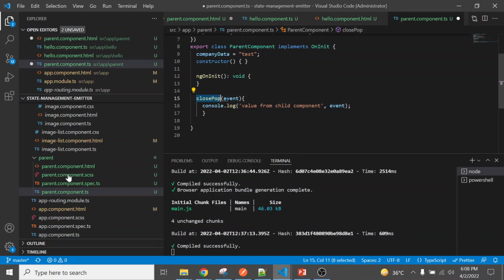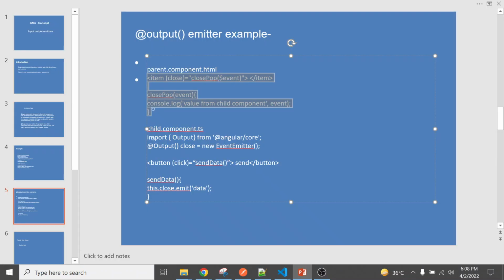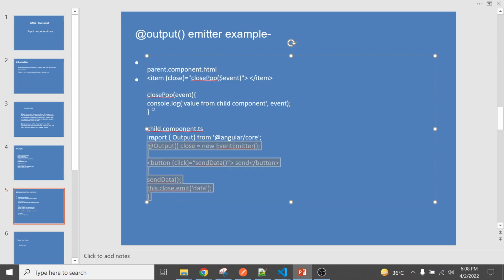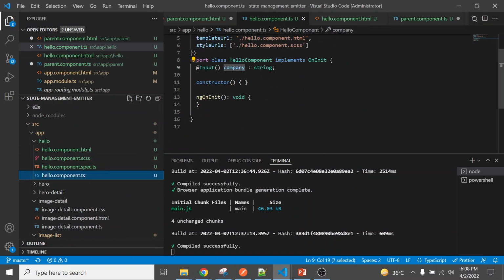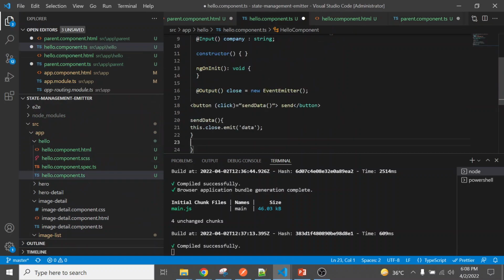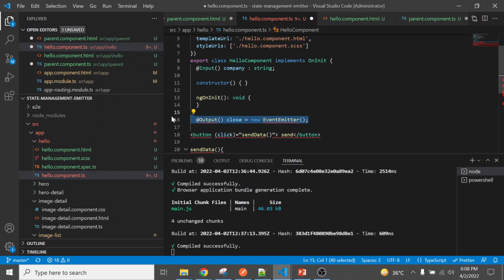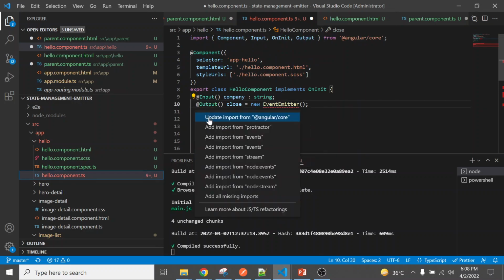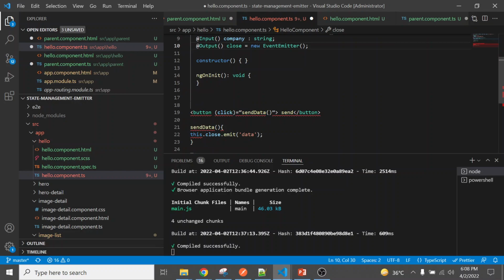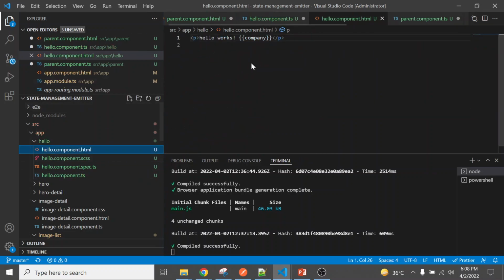Now let's add the send property from here. This is the output emitter we need to create. For this we need to include the properties like event emitter and output. Now we need to put that in here. So what data do we need to send?